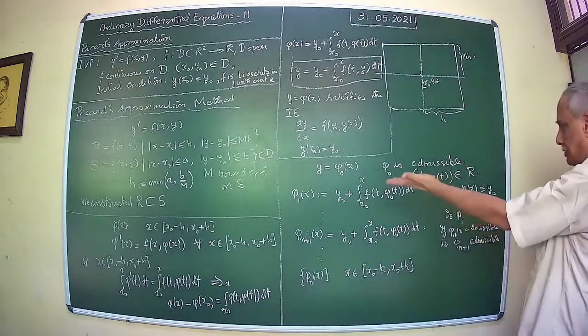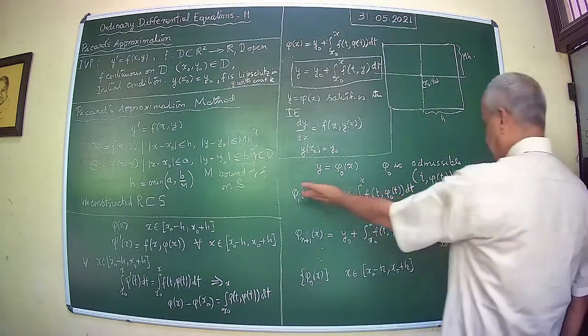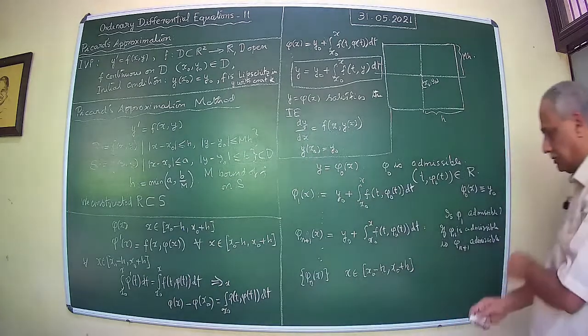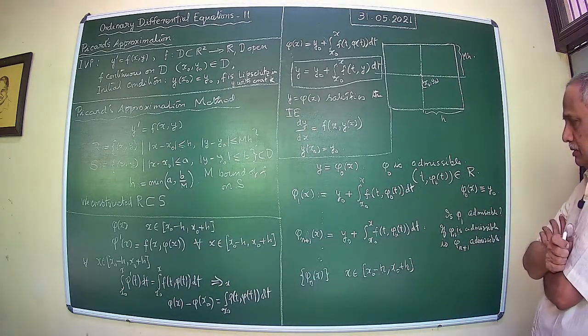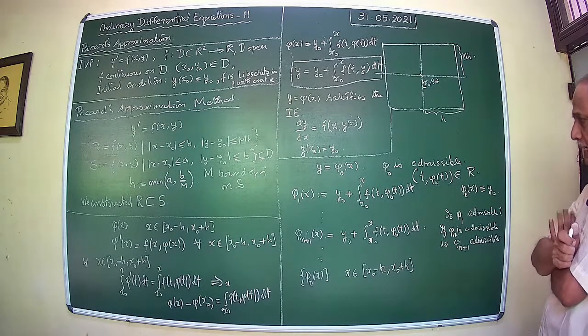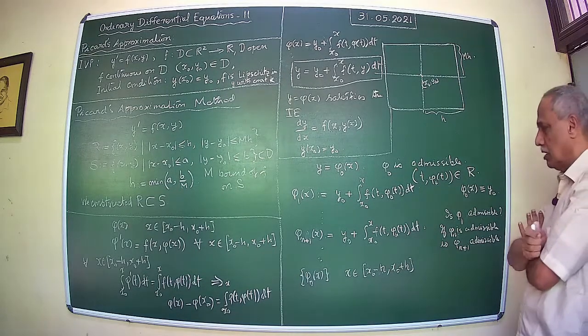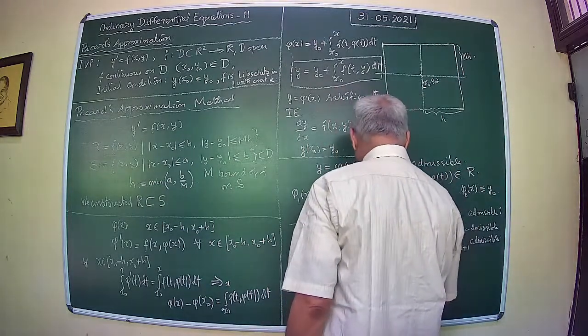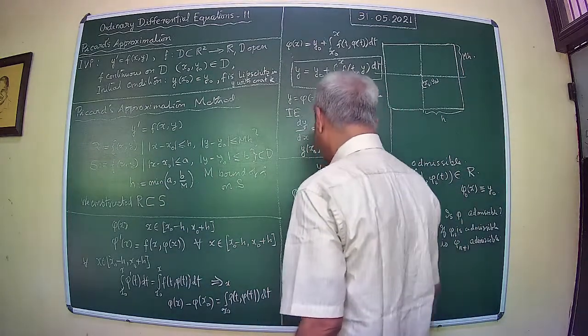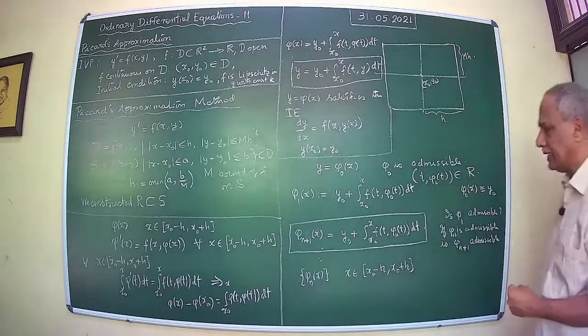I mean, that comes from the fact that you are constructing it through an integral equation. Okay. Therefore, formally, if you take this and then let n tend to infinity,